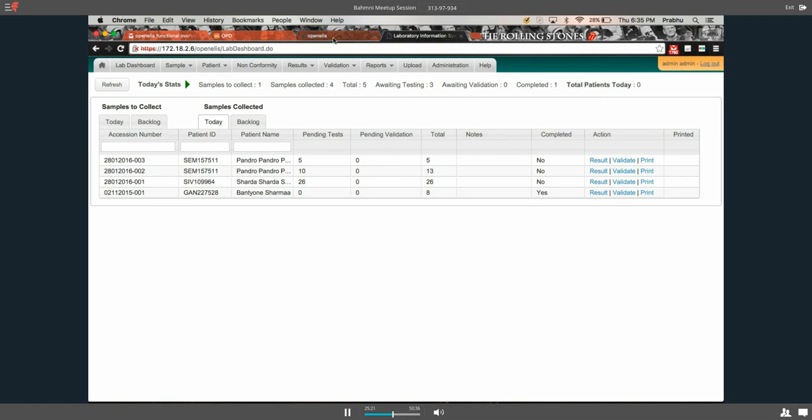Now I'm going to talk about how to set up some details like department, sample, panel, test, and unit of measure, and also how to associate a test and panel, test and sample and panel, and also define what values to be chosen from the drop down. So can you go to administration? If we click on administration,